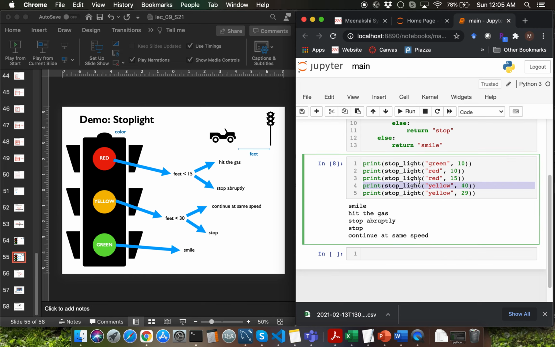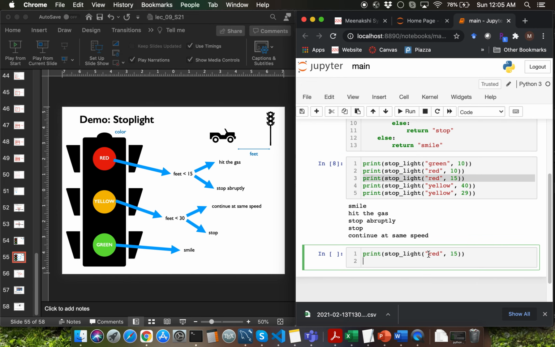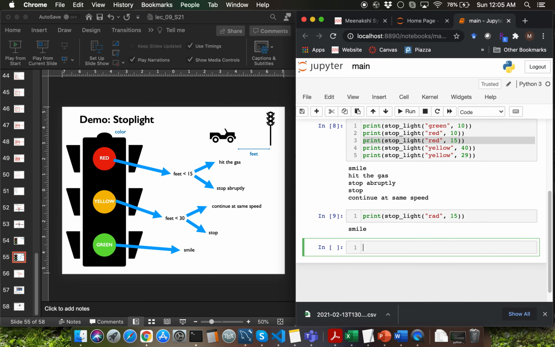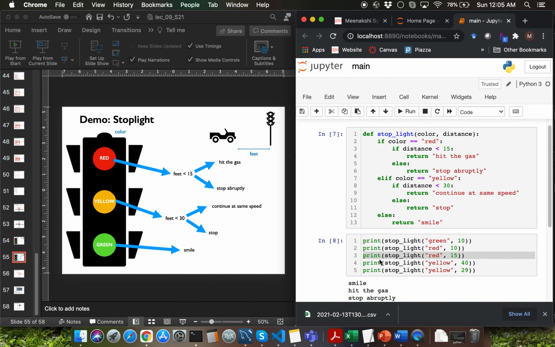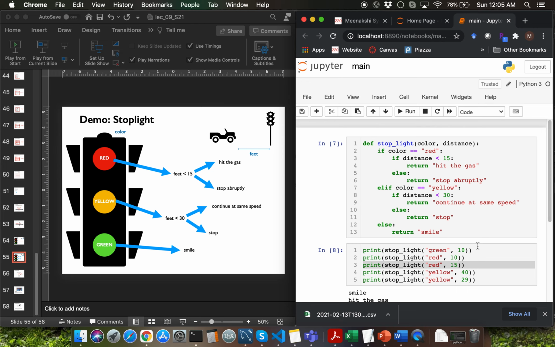What do you think will happen if I call the function by passing the color as RAD instead of RED? Let's say that I have a typo in my function invocation. If you were thinking the program will output smile, then you had the correct answer. How come we are getting smile considering that the conditional never dealt with the color of rad here? Whenever your if and elif conditions evaluate to false, if you have an else, that's always going to be the fallback option for you, and the block of code within the else will always run.